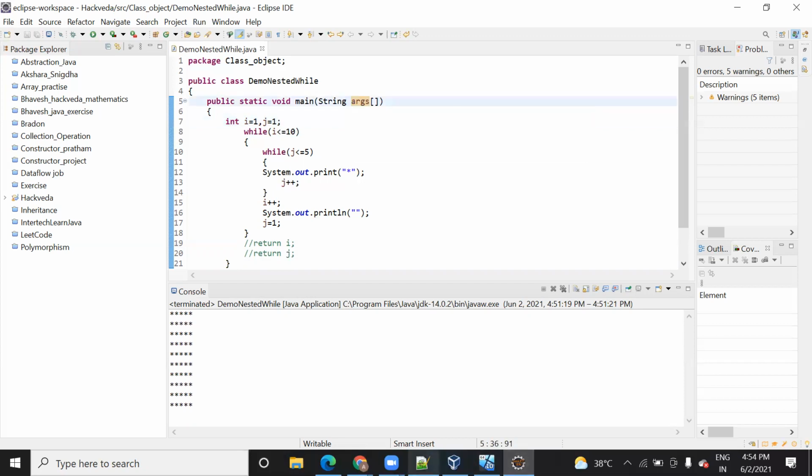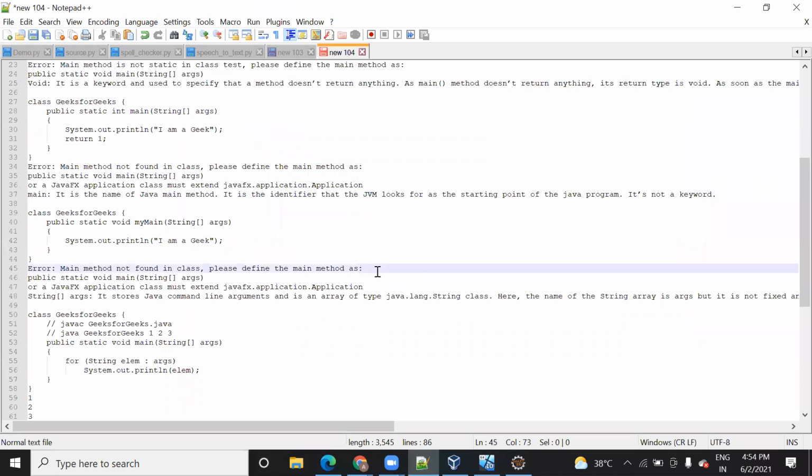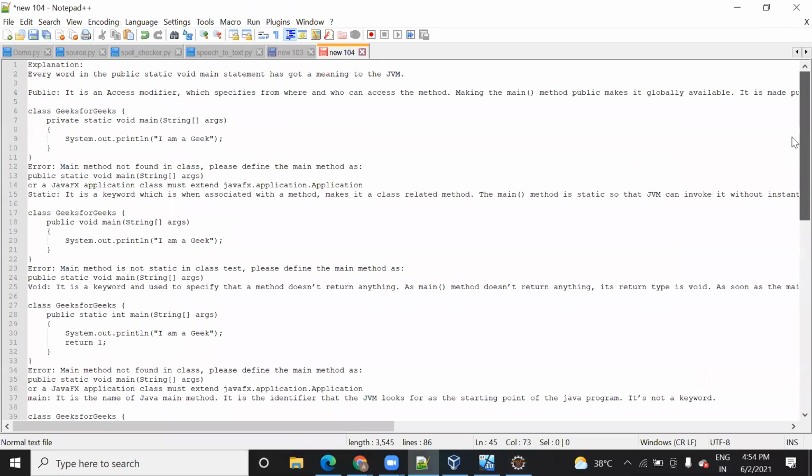Okay, let me show you the example. I have written the example also here, and with a proper example you can have a look at this. I have explained everything here. What do you mean by public? As I have written, public is an access modifier. It specifies who can access the method.